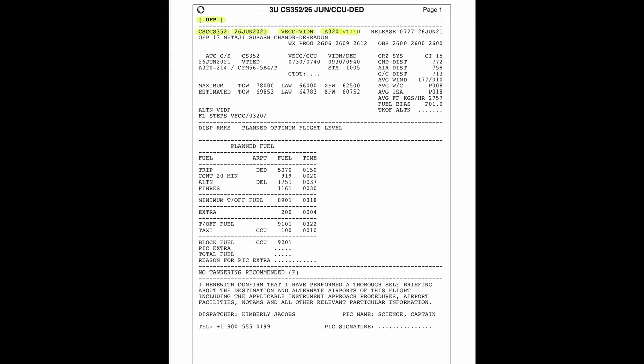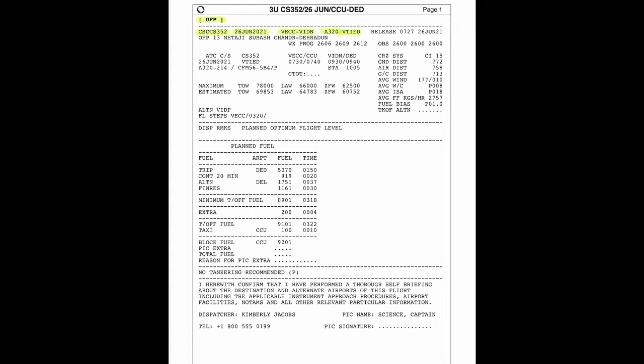VT-IED is our registration. For India, any kind of aircraft you see in India, whether it is a helicopter, an Airbus A320 or a Boeing, VT is the initials, Victor Tango. And IED I just picked at random. Don't take it seriously. I don't even know which aircraft this registration belongs to. I just picked it according to my mind, so don't take it as real world.